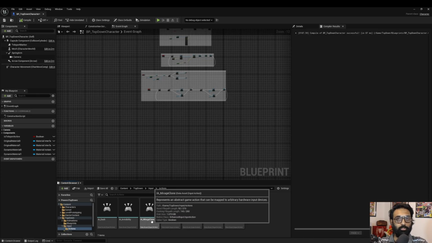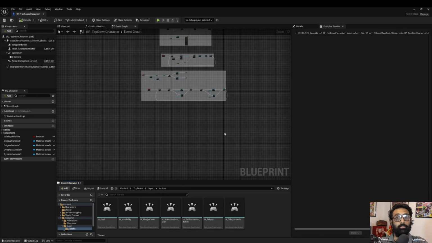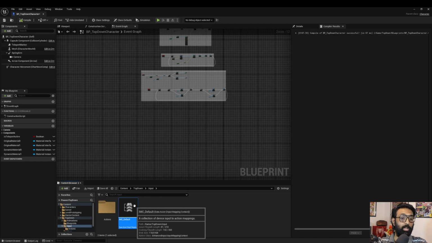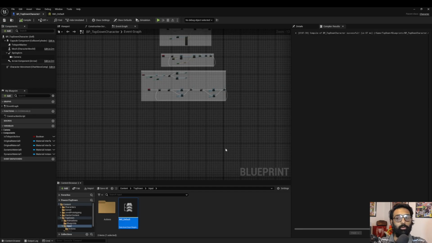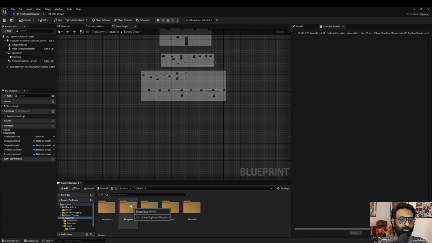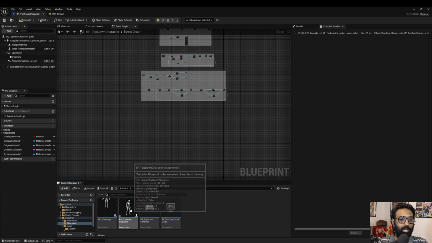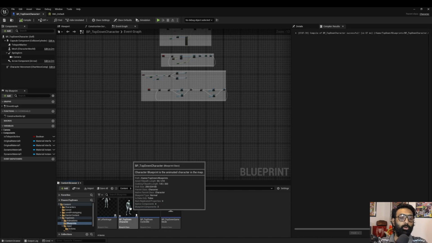I am Mirage clone, and I have used the data type as digital bool and used the trigger pressed. I've also assigned it to the mapping. I've used the key Q for our clone, and that is basically it. We have already created our input action. Yay! Let's move on. Let's go to our blueprints folder, and first things first, we are going to need a